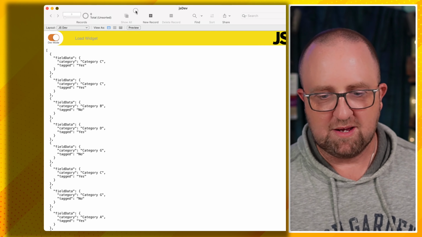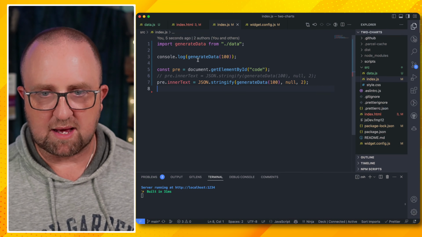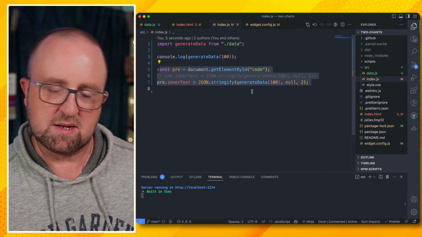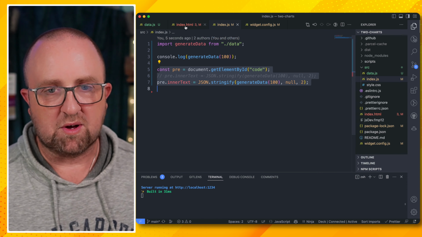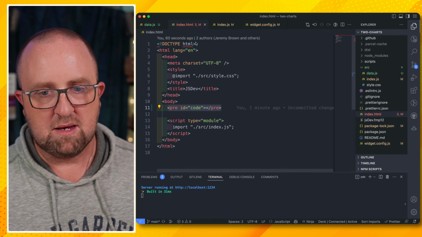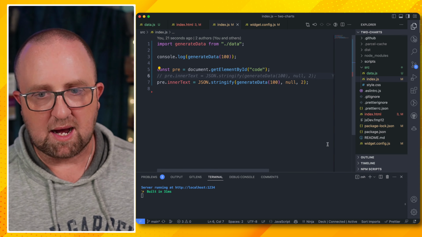Beautiful. All right. So over here in my code, you didn't see that, but I wrote a quick set of code lines. First of all, I went into my HTML and I added a pre-tag, gave it an ID of code, and then over here in my index,